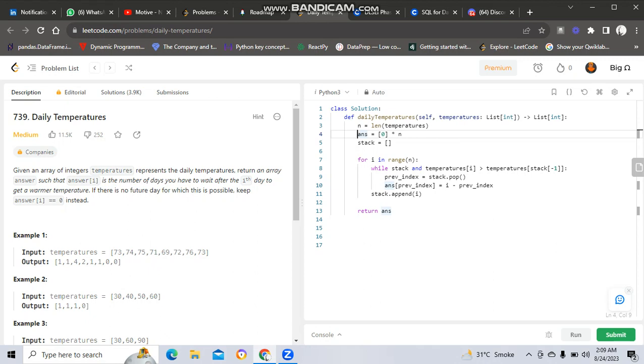And here we are initializing our stack, which is just to keep track of our indexes. Then we use a for loop, starting from the index over the given range, and we check while the stack is non-empty and the temperature at index i is greater than the temperature at the top of the stack, stack minus 1. It is showing that if the number is placing at the